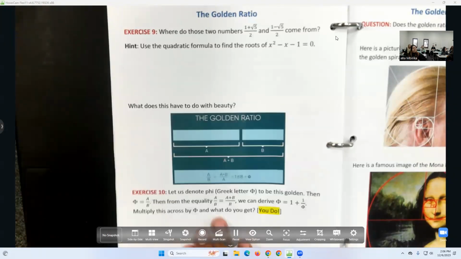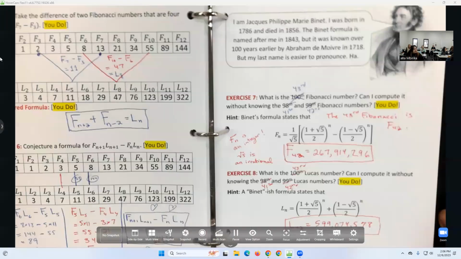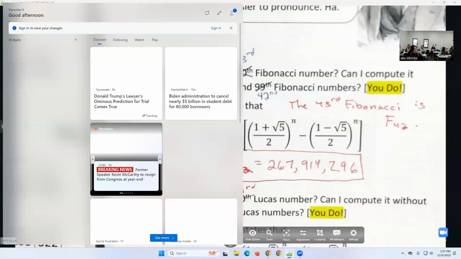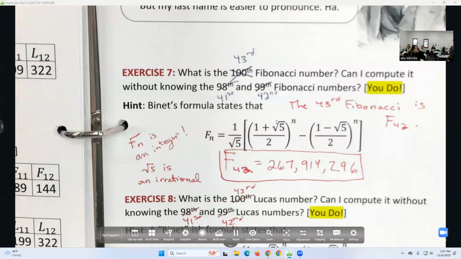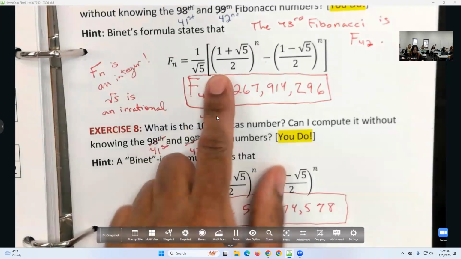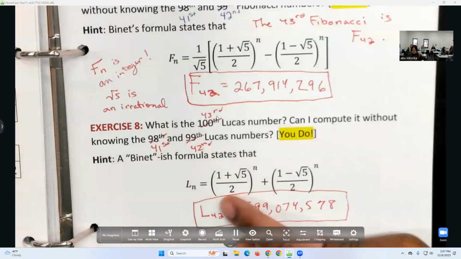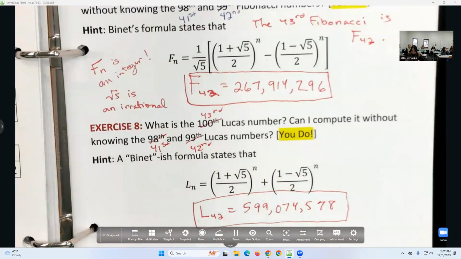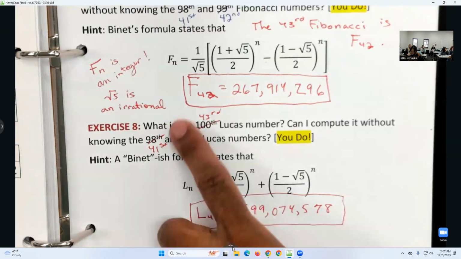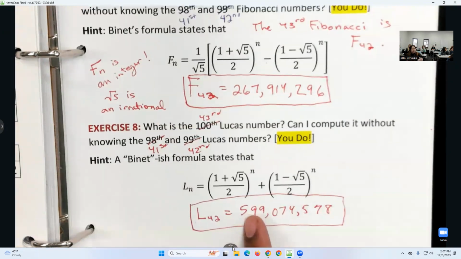Okay, so the last thing we talked about, let's just touch base with what that was. We were looking at the Binet formula for the Fibonacci sequence and the Binet formula for the Lucas sequence. And we noticed all sorts of groovy stuff. Like, for instance, the Lucas numbers are always bigger than their Fibonacci counterparts. And the elephant in the room that I want to speak about today is